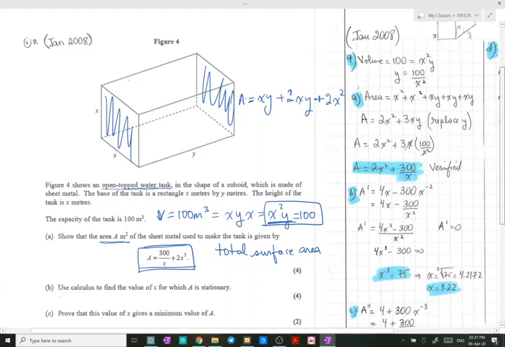And remember that you don't have a top because the top is open. This is a water tank which is open. Therefore, rewriting A, the total surface area,